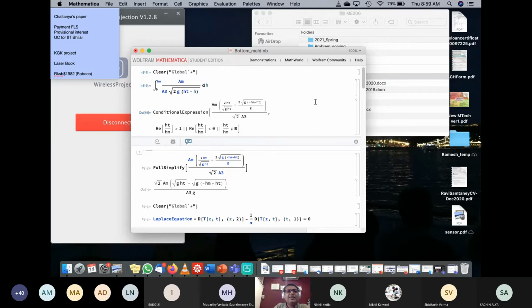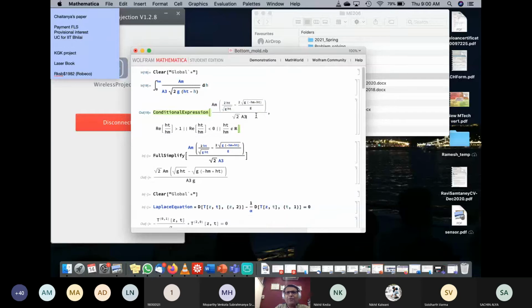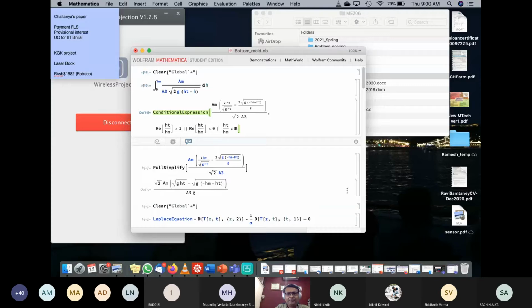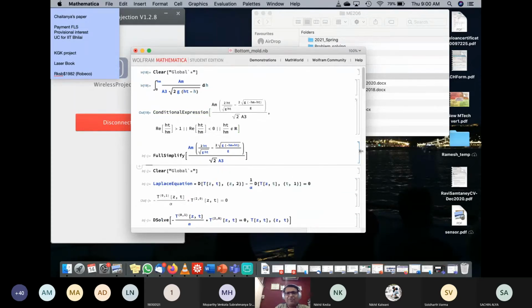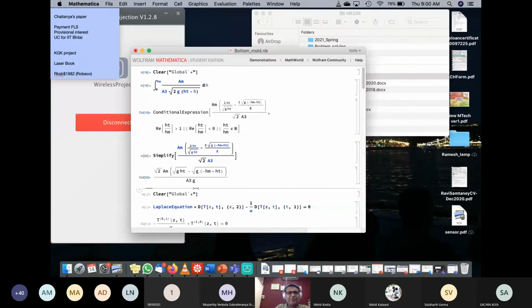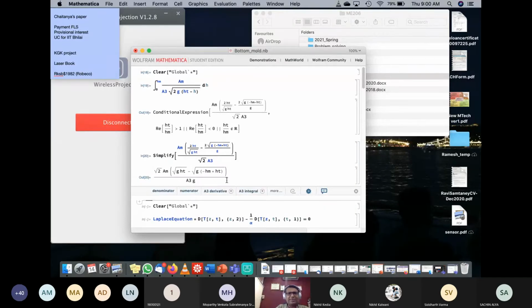The first thing is this is how you get the solution. There was something wrong in the previous one. It gives you the answer pretty accurately, right? You can do it by hand, but see, it gives you the solution right here. And if you don't like this shape, you can ask it to simplify, and it will simplify for you. If you don't like even this, you can ask it to full simplify.